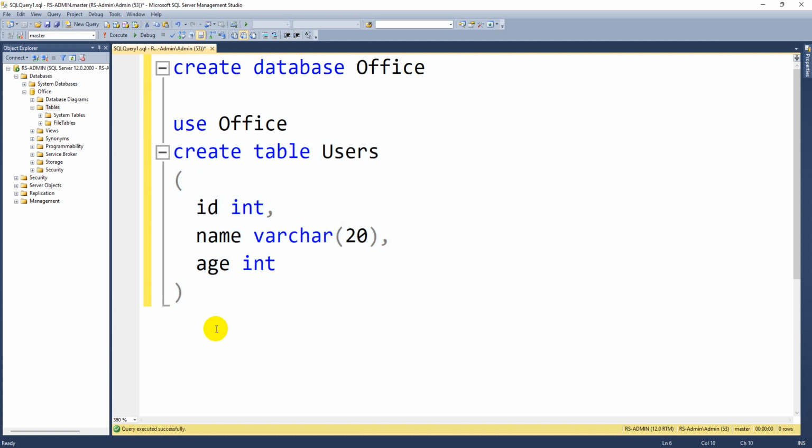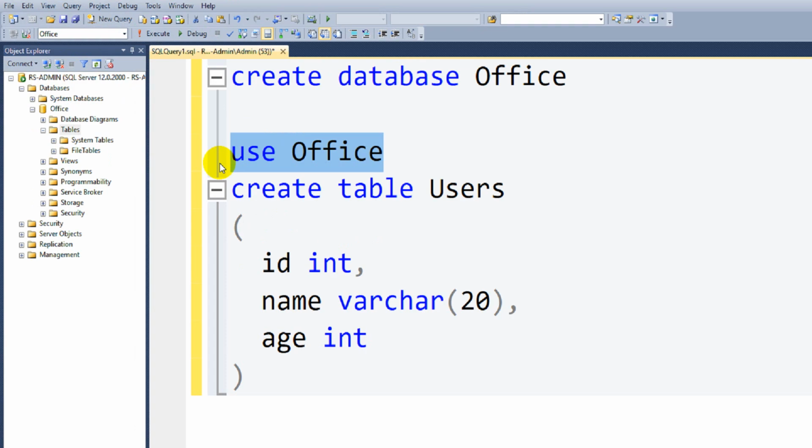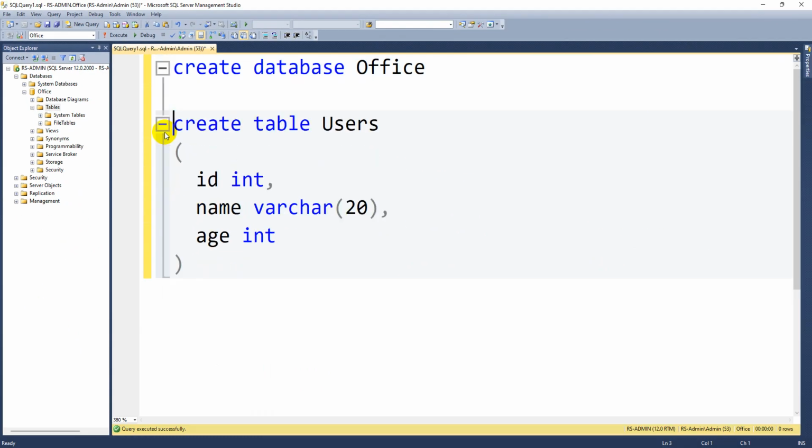Okay. So whenever we want to target our database, so that my query is executed inside it, instead of writing this use every time, here there is a drop down, you can select your database, then you no need to do this. Option 1 is you can select your database here and you can write queries without writing this use. Otherwise, for every query you have to write this use statement. I don't suggest this one, I just want to use it like this only. But you have to select your database, otherwise your table is going to be created under the database called master.